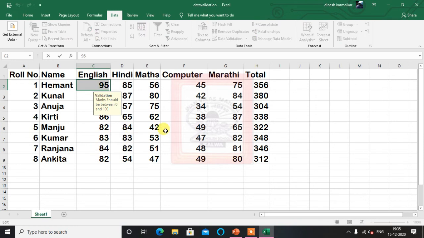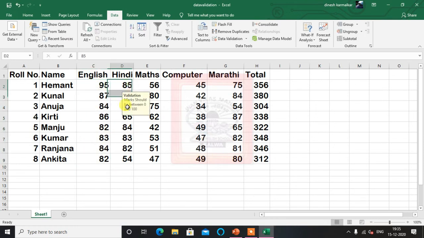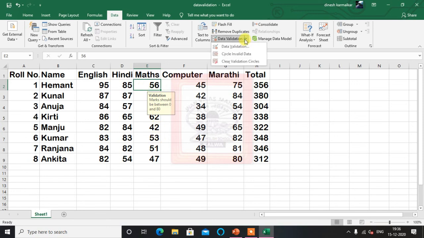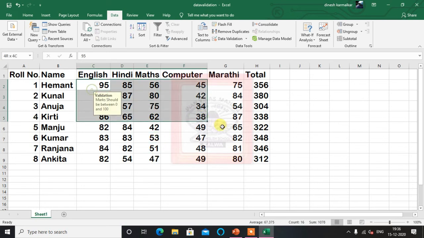For English I gave one rule, for Hindi a different rule, for maths a different rule. Like this you can make different rules, or common rules. This way you can give validation rules so the data entry will not make mistakes, and we can create as many rules as we want.